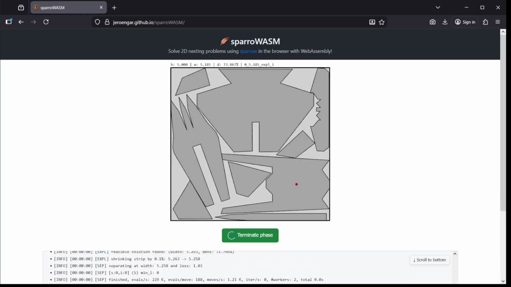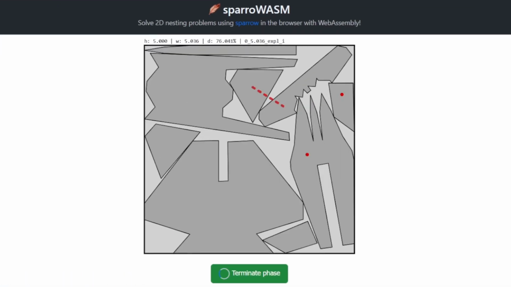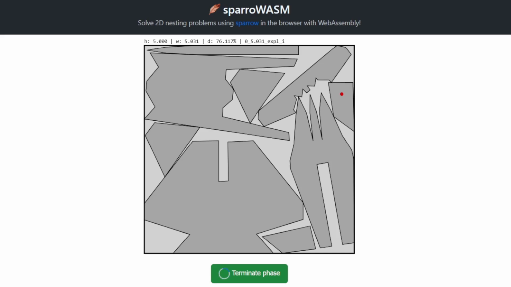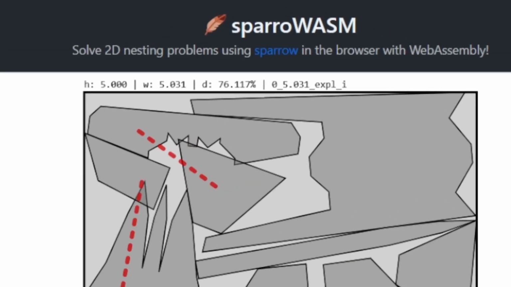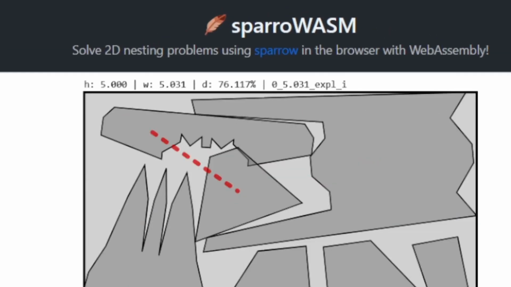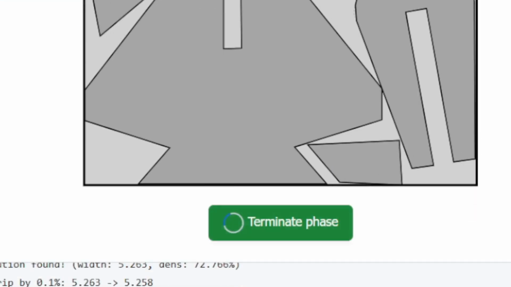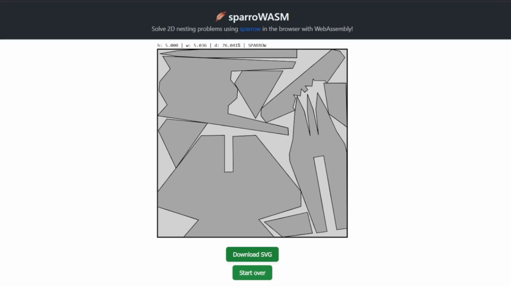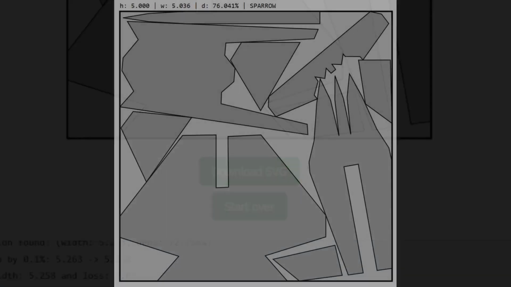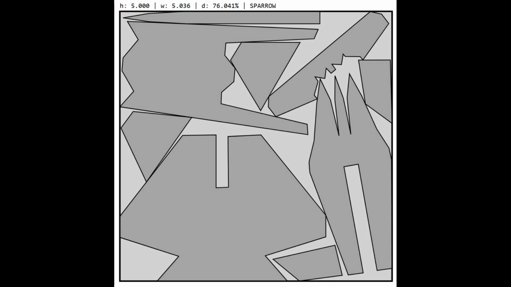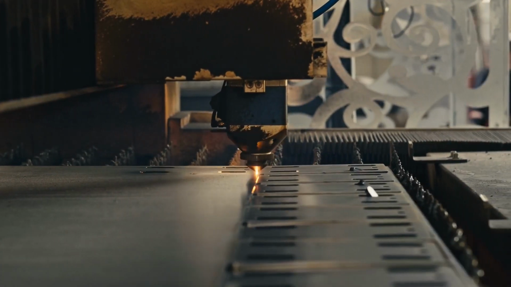After invoking the solver, it can take a while to obtain a good solution. In the meantime, you can monitor the quality of the best solution found so far. If you feel that the improvements are becoming small, you can also terminate the solver and get the best solution available at that point. The final packing can be downloaded as an SVG file. This can either be printed and pasted on a foam board or fed to a laser cutting machine to cut